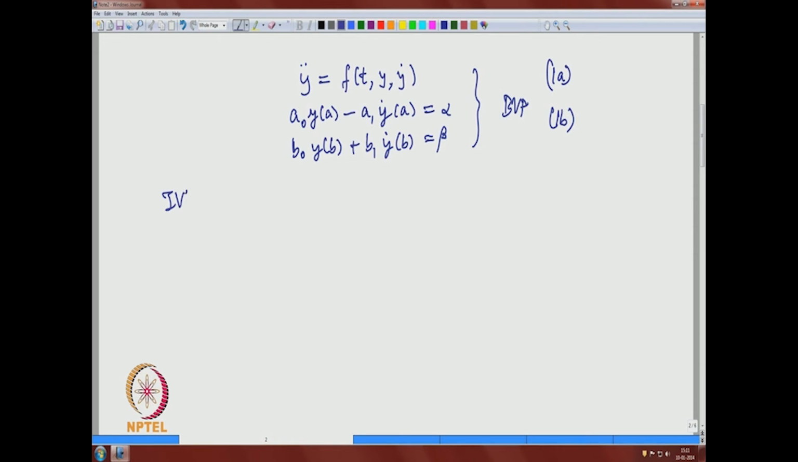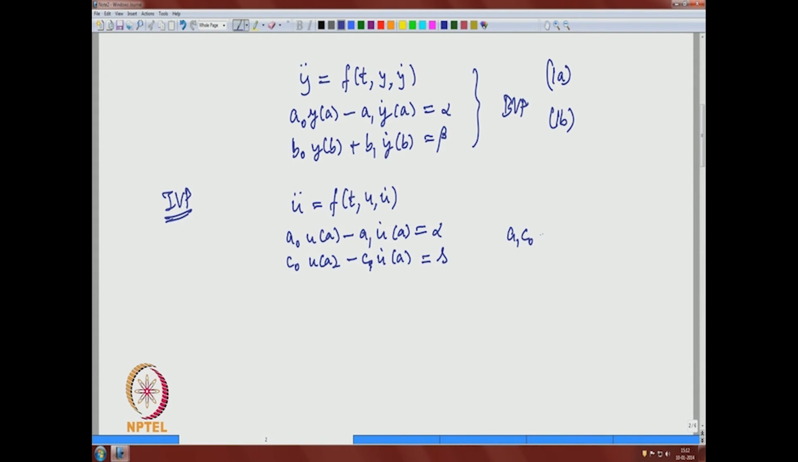and the corresponding initial value problem. So, u double dot equal to f of t, u, u dot, and a0 u(a) minus a1 u dot(a) is equal to alpha, and c0 u(a) minus c1 u dot(a) equal to s. Okay, and we are normalizing. So, a1 c0 minus a0 c1 is 1. Okay, so, normalizing that, and we are calling the solution u, stressing the importance of the dependence on s,